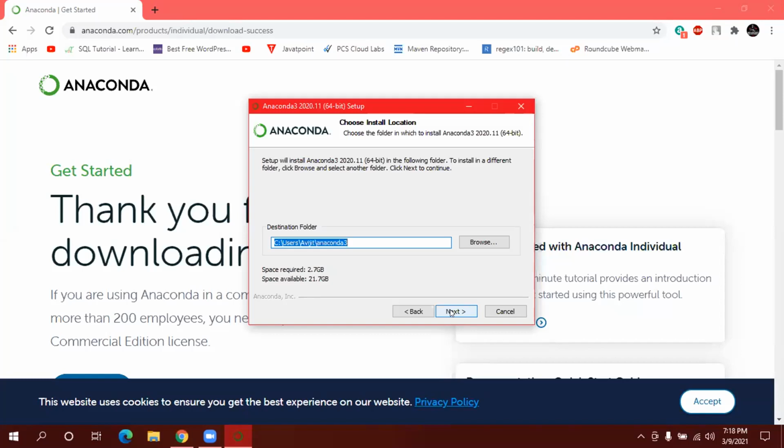One thing to remember: suppose you want to install any packages in Python. There are lots of packages for advanced study. At that time, this location is important for pasting your jar files. There would be one lib folder, and inside the lib folder you have to paste these files in that structure. Anaconda is also installed in the AppData folder, and the AppData folder is hidden in your system. So first you have to enable it, then you can use it. Okay, click on next.